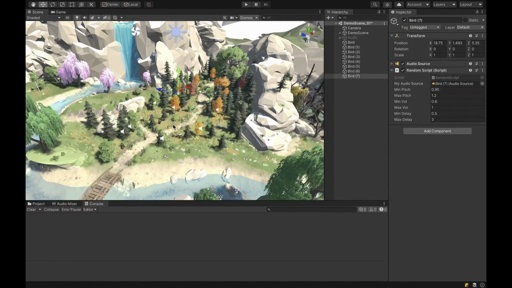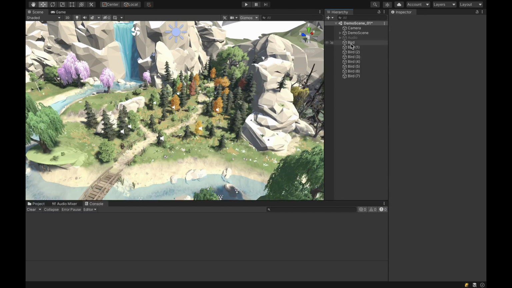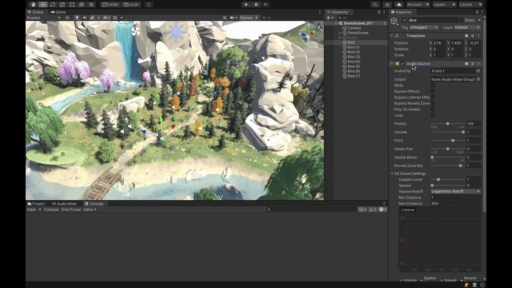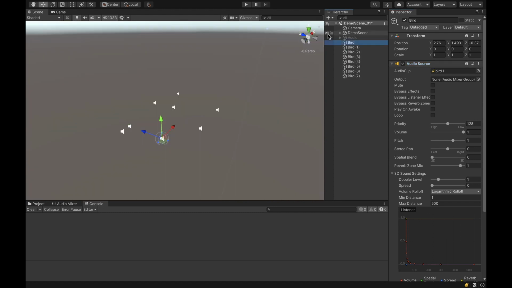Okay, so a couple things. First of all, we haven't spatialized these audio sources, and this is great because actually we can look at how to do this all in one go on multiple objects. And the second thing is maybe that max delay is a little bit too short, given that we've now got quite a few birds. They probably actually have a bigger pause. So first of all, let's just choose one bird there, expand out the audio source,